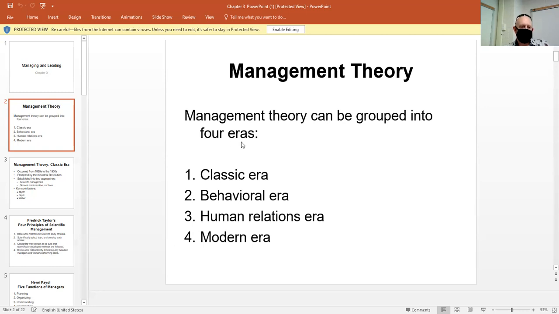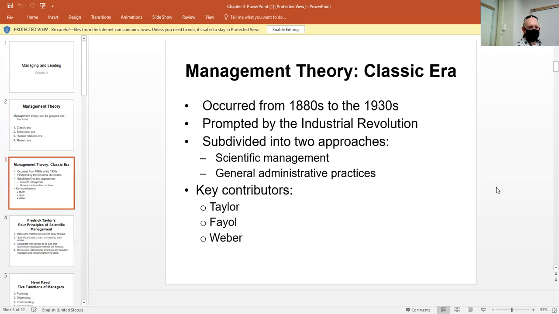So there's 4 different eras, and we'll talk about them as we go through. The classic era, the behavioral era, the human relations era, and the modern era. And you can kind of see by looking at it what each one of these things are going to be. Oh yeah, I can't just click on this one. Okay, so the classic era,